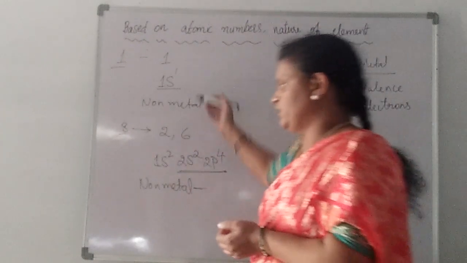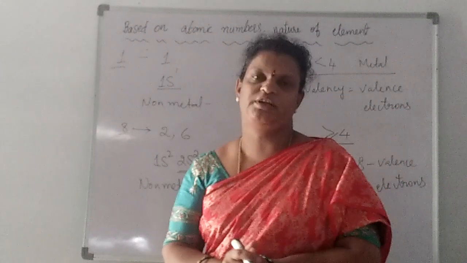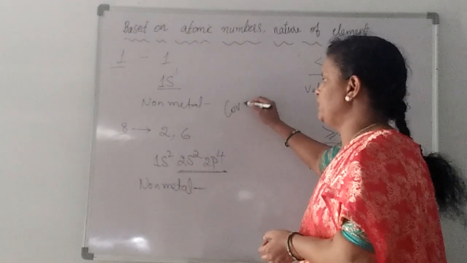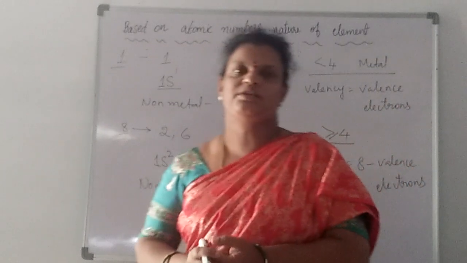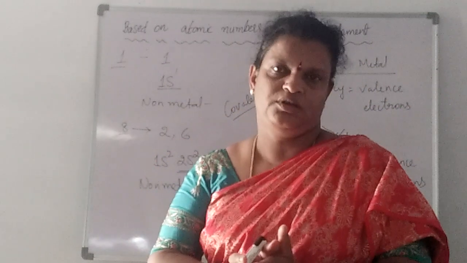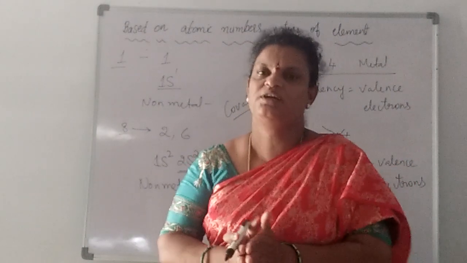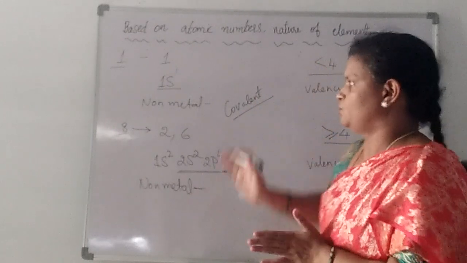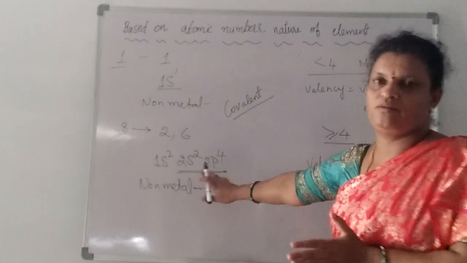So hydrogen and oxygen we got here, both are non-metals. Then what type of bond is formed between these two elements? A covalent bond will be formed. What is that covalent bond? Sharing of electron pairs between them, contributing and also sharing. About the bonds and all, we'll discuss in another video. Here we are discussing only the nature of the element. So hydrogen is a non-metal, an exceptional case we got. Then oxygen is a non-metal here.